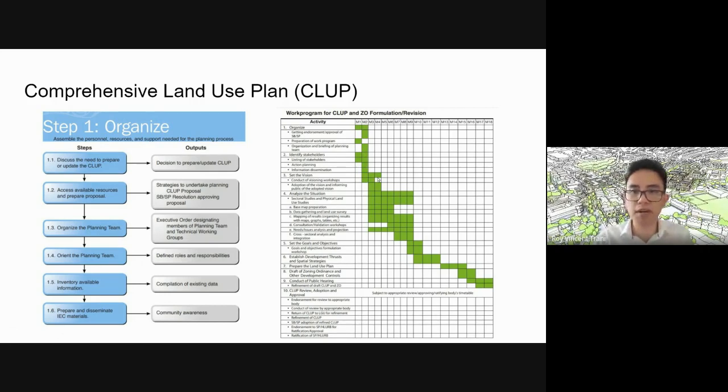That's about 3 months. And then next is analyzing the situation, like what's going on in your project site. That's 1, 2, 3, 4, 5, 6, 7 months. That includes data gathering, mapping, needs issues analysis, cross-sectoral analysis, all the analysis. And then finally, what they call goals and objectives setting. So goals and objectives workshop, establishing thrusts and strategies. And then finally, by month 10, they can start to prepare the land use plan, which is given about 3